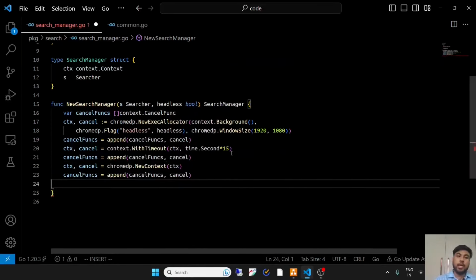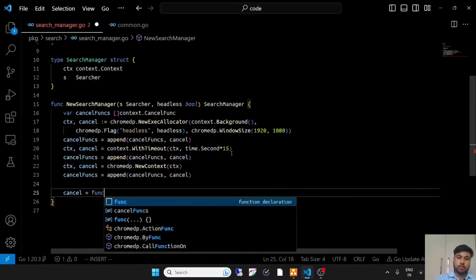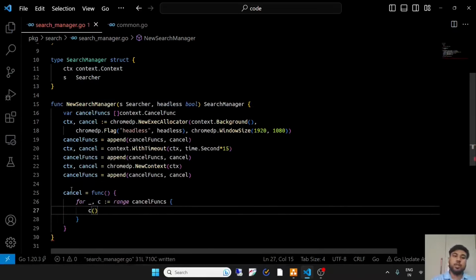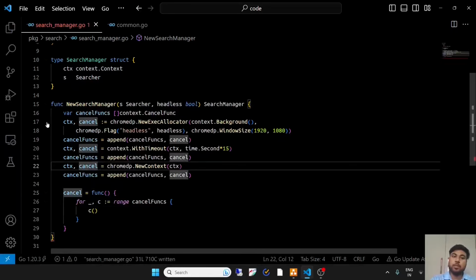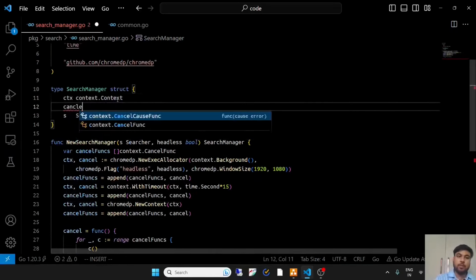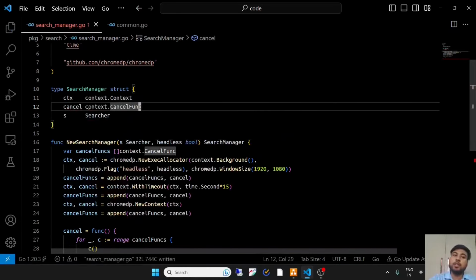At the end I'll define a cancel function that will call all these cancel functions. So this cancel function will be present in the search manager struct.